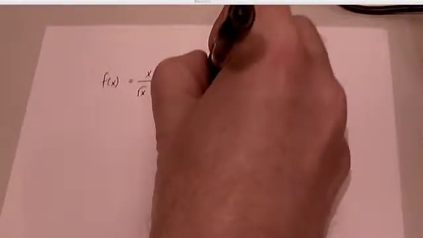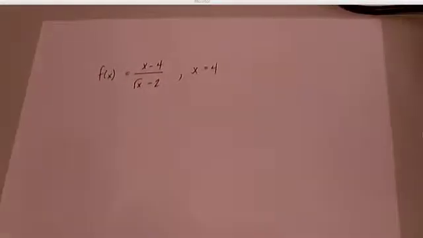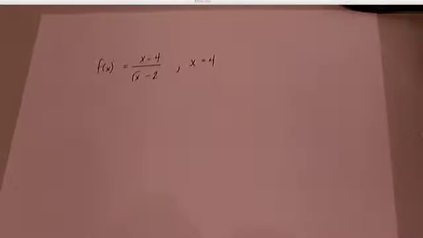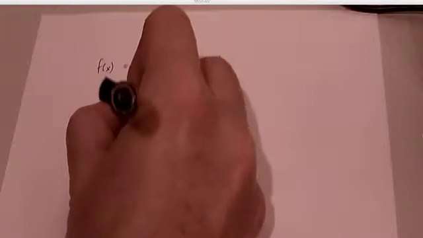So if we have f of x is equal to x minus 4 over root x minus 2, and I want to evaluate that at x equals 4, okay? Now, is that continuous? Well, it's obviously not going to be continuous. I go ahead and plug it in, the function value doesn't even exist there, right? So right off the bat, I know that the function value doesn't exist there, but the limit does exist there,